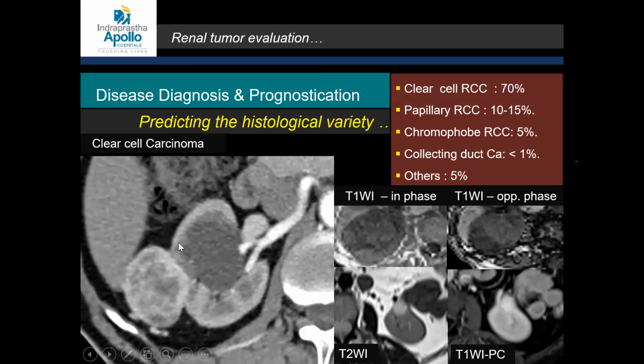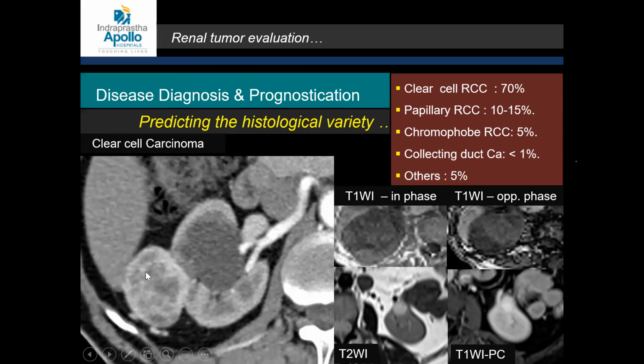CT can also help in predicting the histological variety of the tumor. Like this is a CT urography. You can see the right renal artery. The large cyst is there, but there is a focal exophytic lesion with recruitment of extrarenal vascularity here because the lesion is quite vascular. So always